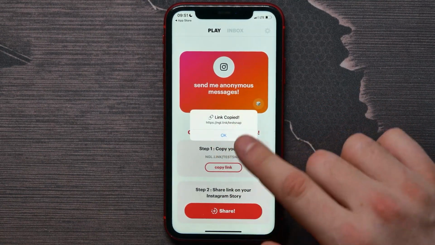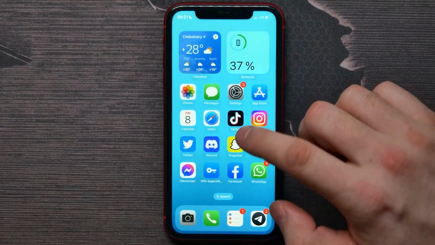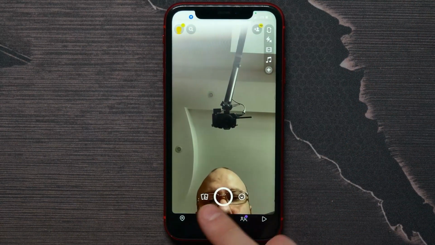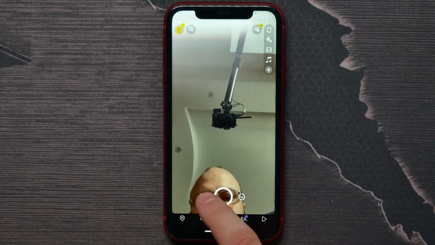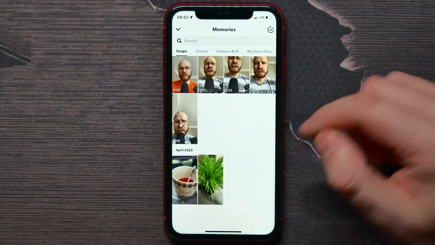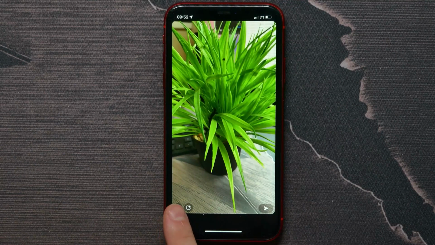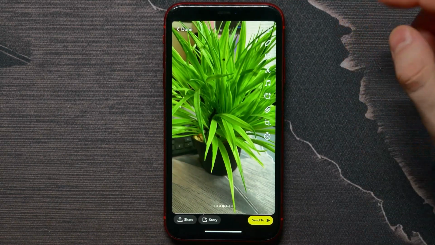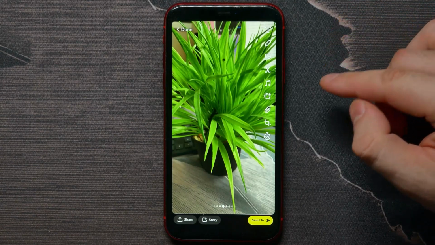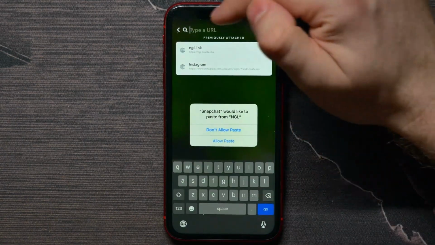Now it says that the link is copied, and after that you can go to Snapchat and there create a snap, so you can use your camera or you can hit on that memories icon to start creating a snap. You can use a picture, then you can hit there on the pencil icon to be able to attach a link. So in order to attach that link, you need to hit there on the paperclip icon, and there